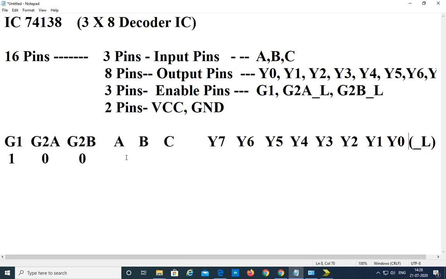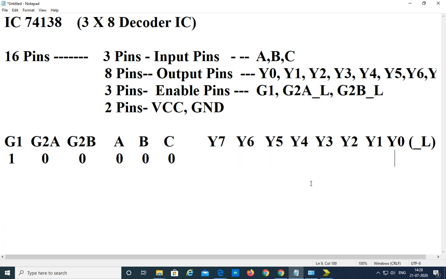Now with this combination the IC is activated, and if the input combination is 0 0 0, then the Y naught pin is activated.